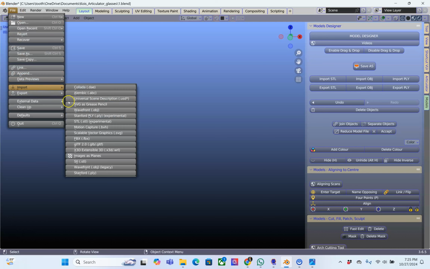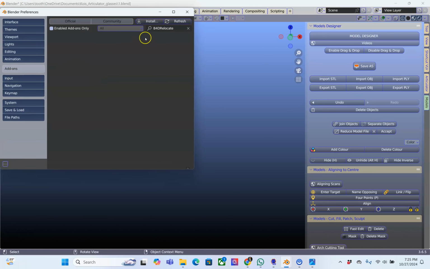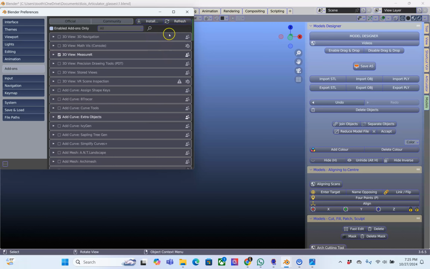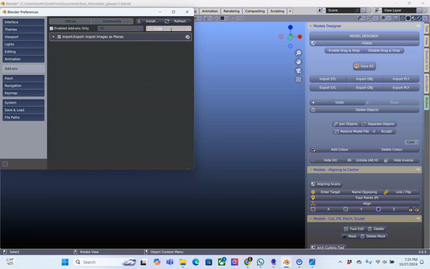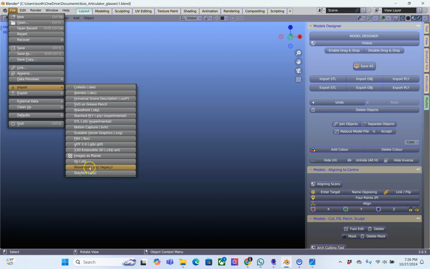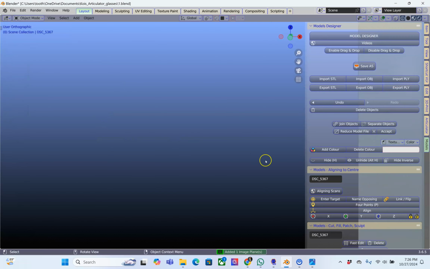File, Import, Image as Planes. If you don't have Image as Planes, go to Edit, Preferences, go to Add-ons and look for this. So Image as Planes, over here in the search, just type image and make sure this is checked. With the latest update of the model designer, that should be checked, but if it's not, check this box. Alright, important. So now we're going to go File, Import, Image as Planes, look for your image, and then it's